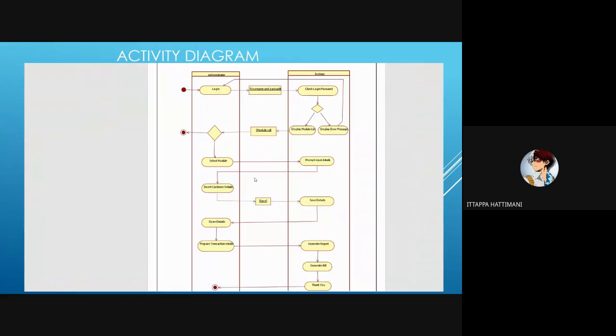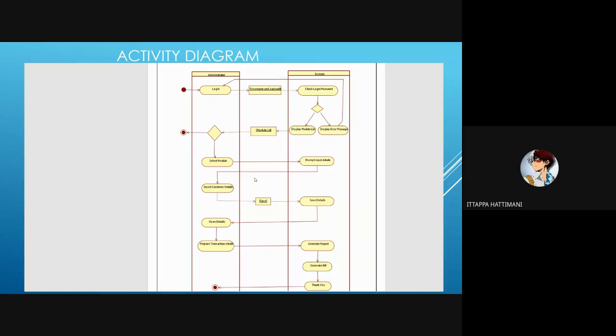In this, the customer tries to log in. He enters his username and password. It is verified by the system. If it is false, the error message will be displayed to the customer, and he will be thrown back to the login page. If the login password and username are correct, the display module will be shown to the customer, in which the customer can select the module.